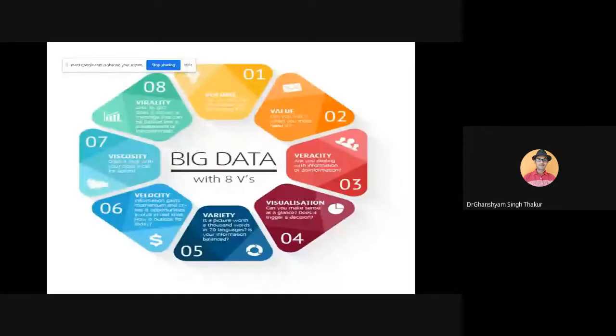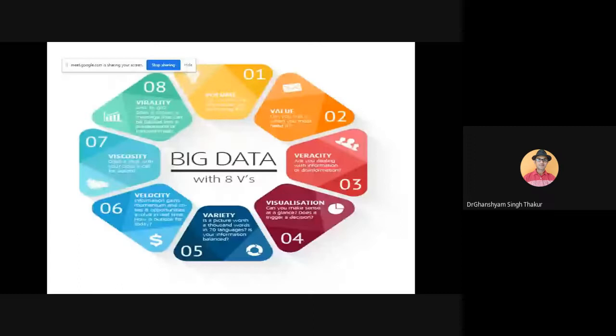And in the beginning, I have already told about the data. Without data, we can't do anything in a machine learning problem. So big data plays a big role in research in learning. This is the source of big data